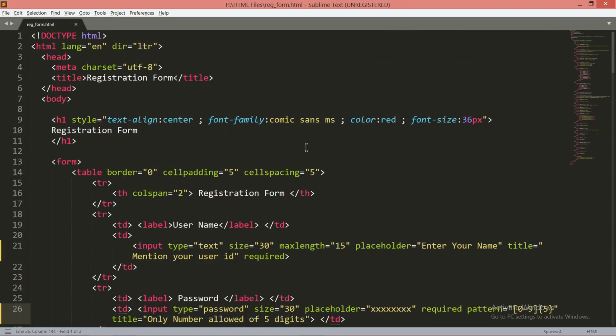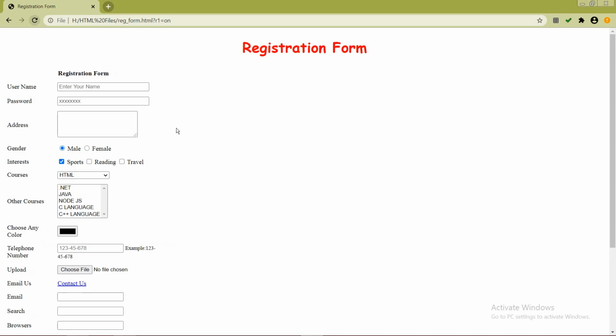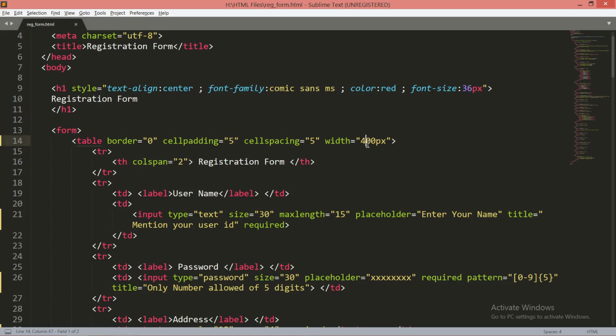Now to make it more attractive, if I want to make the size of the table large, you can maintain the width. Let it be 400 pixels. You can see the width is there. It will be smaller. Let it be 600 pixels. Refresh it.